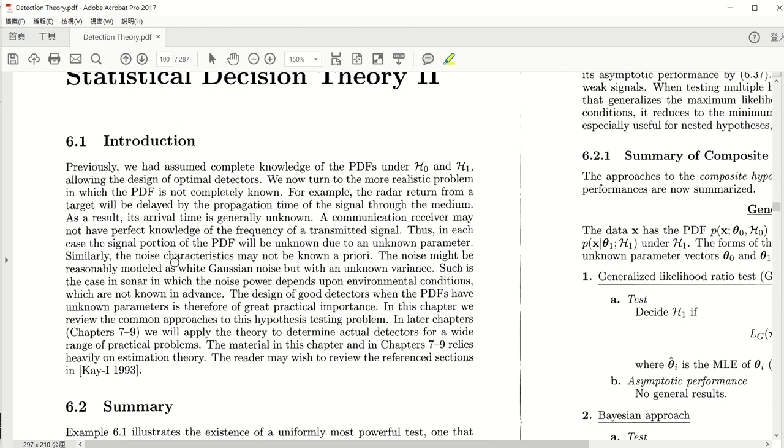So similarly, the noise characteristic may not be known a priori. The noise might be modeled as a white Gaussian noise, but with an unknown variance. Such is the case in sonar, in which the noise power depends on environmental conditions which are not known in advance. So the design of good detectors when PDFs have unknown parameters is therefore very important. So in this chapter, we will review the common approaches to the hypothesis testing problem